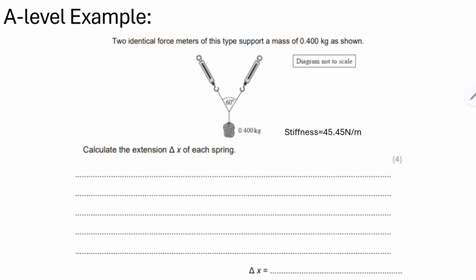and that's it. So now we are going to be going on to the A-level example exam style question, where it states, calculate the extension of each spring. So we can see that two identical force meters of this type support a mass of 0.4 kilograms. So we can see that these two force meters are holding up this weight. So first of all, we want to find out what this weight is. So we do W equals mg, so it's 0.4 multiplied by 9.81, and that will equal to